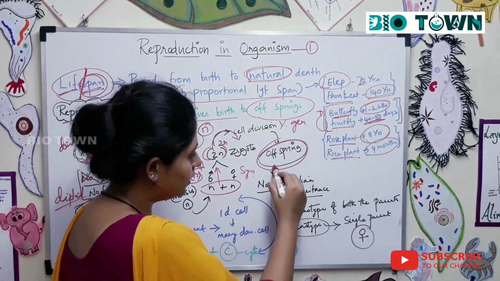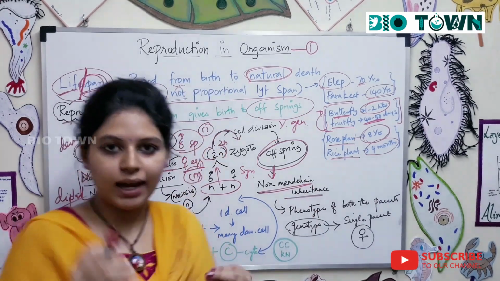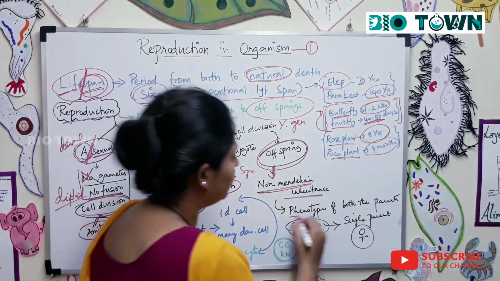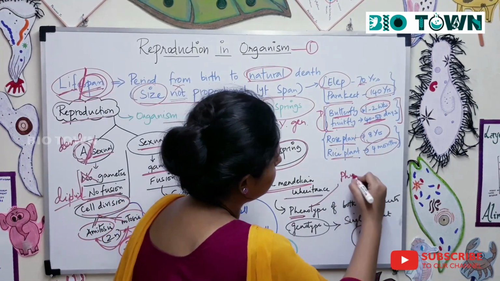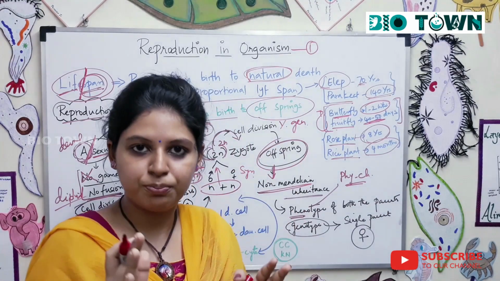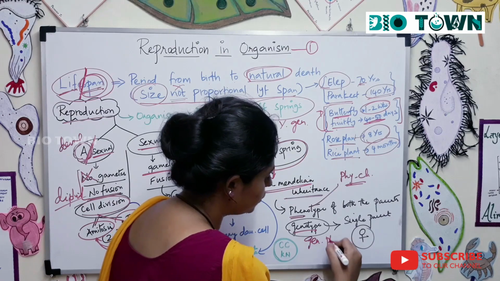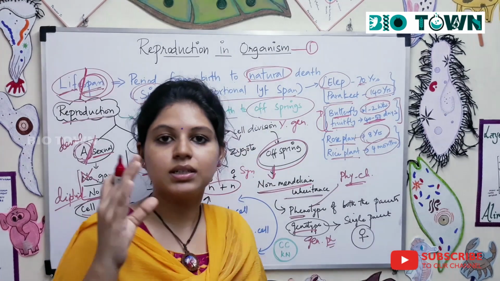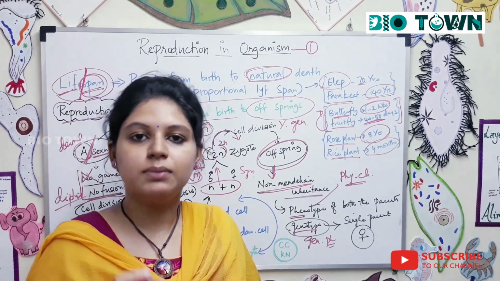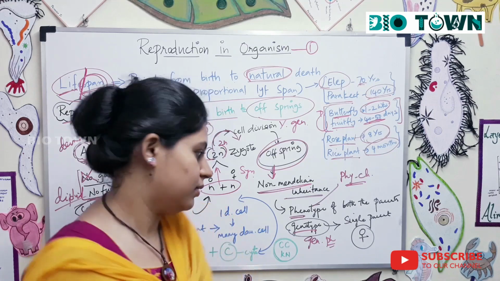Alright, and now this offspring undergoes non-Mendelian inheritance. That is, the offspring has a phenotype. So what do we mean by phenotype here? It is the physical character. So the physical character resembles both of the parents, but the genotype, the genetic makeup, resembles only a single parent, and mostly it is the mother, right?